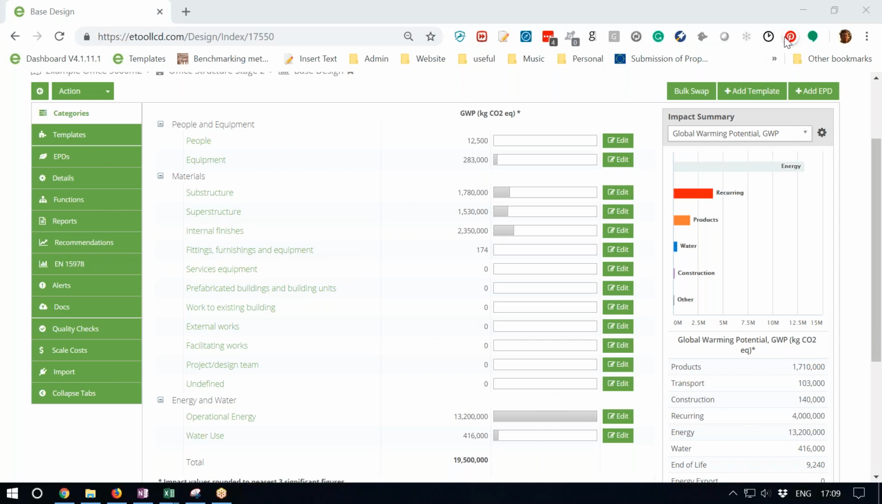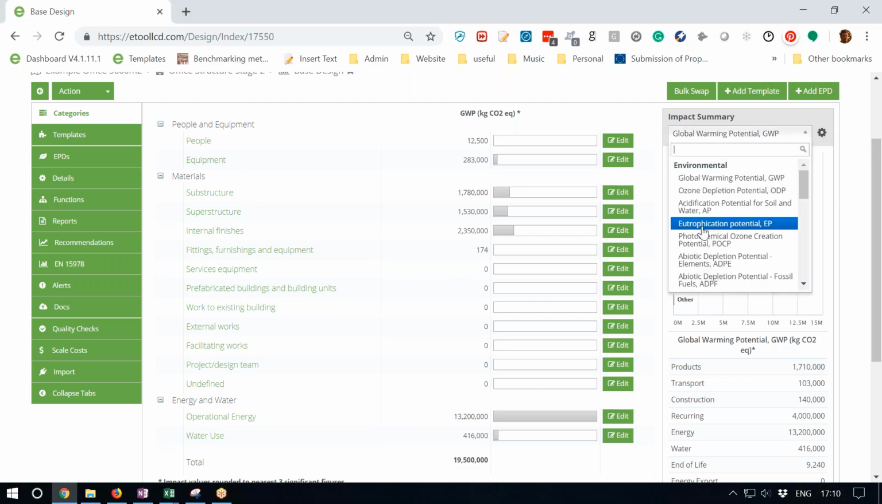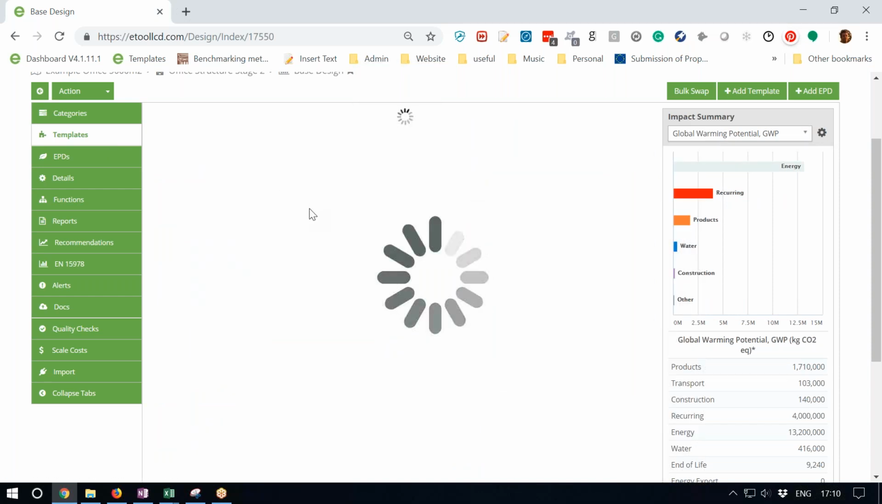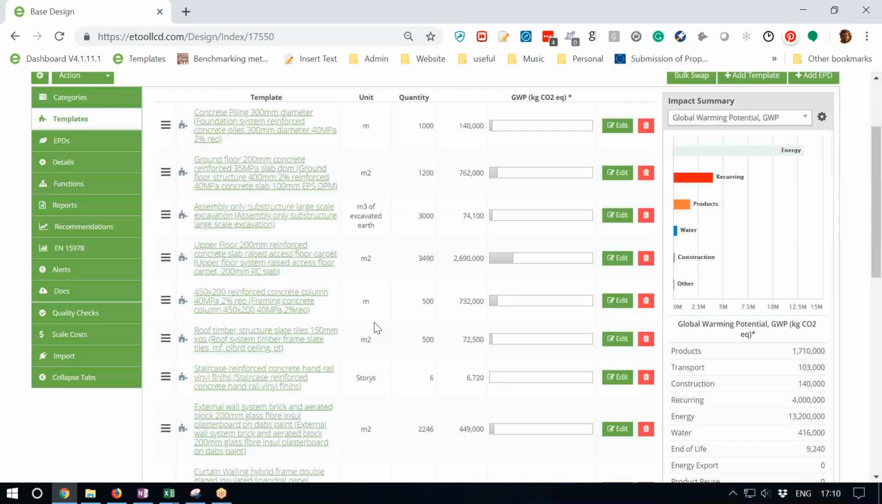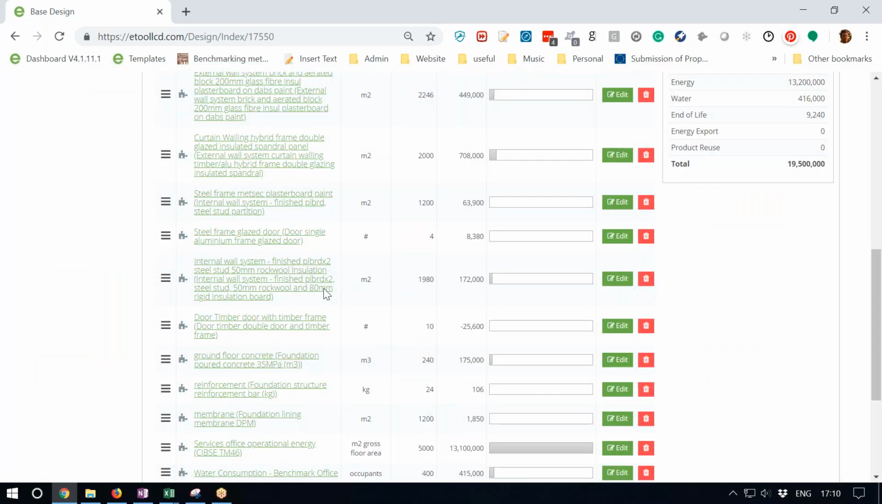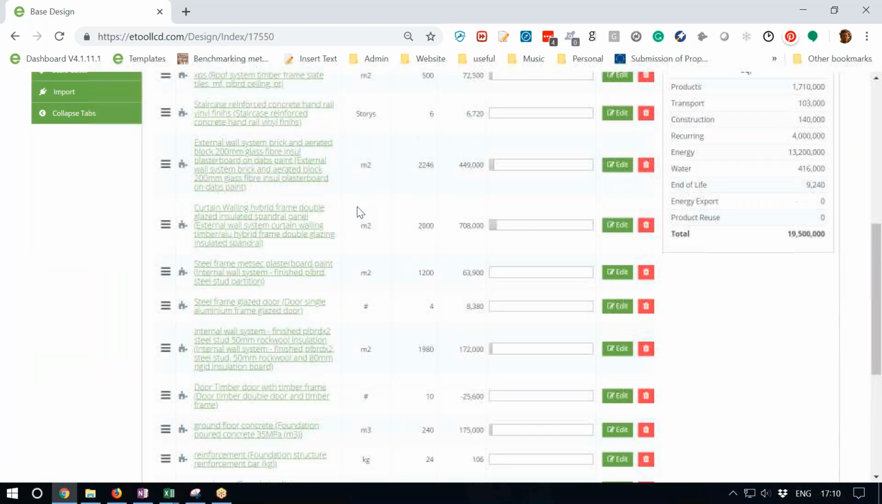So I'm just going to talk about life cycle costing a little bit. One of the nice things about eTool and our template system is that each template includes not just the materials that go into the construction makeup, but also the people and equipment assumptions behind them as well. So if I go into this curtain walling one,